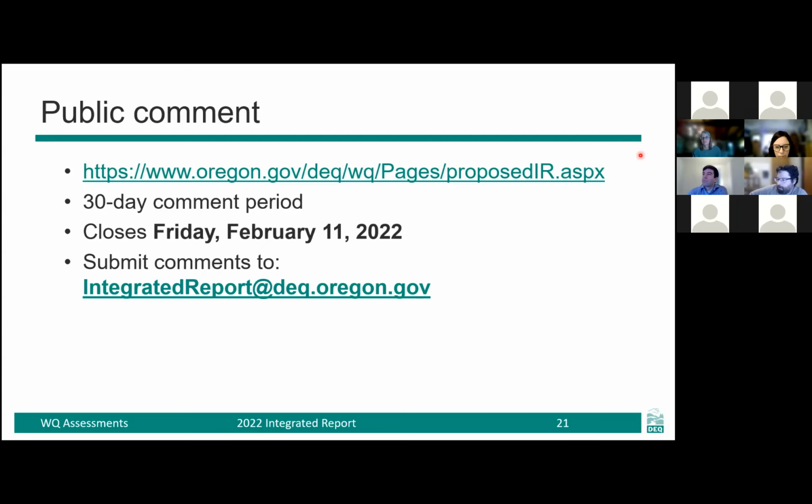Got another geodatabase question. Why are not all the HUC-12s listed in the AU watershed area status? I'm going to let Les answer that, but I suspect we have only HUC-12s that we have data for. Yeah, that's what I was going to guess. So if the question is, we have over 3,000 HUC-12s in Oregon, why are they not all included in that status?